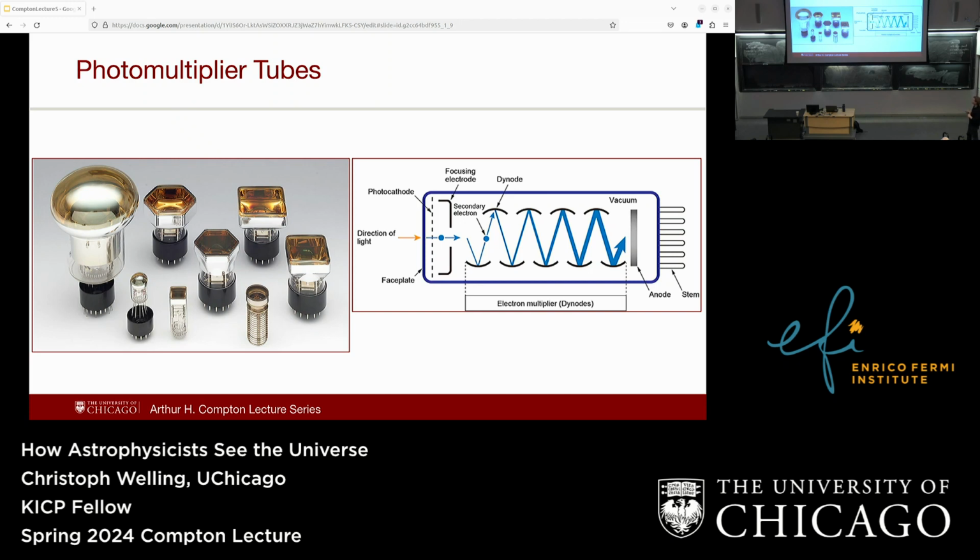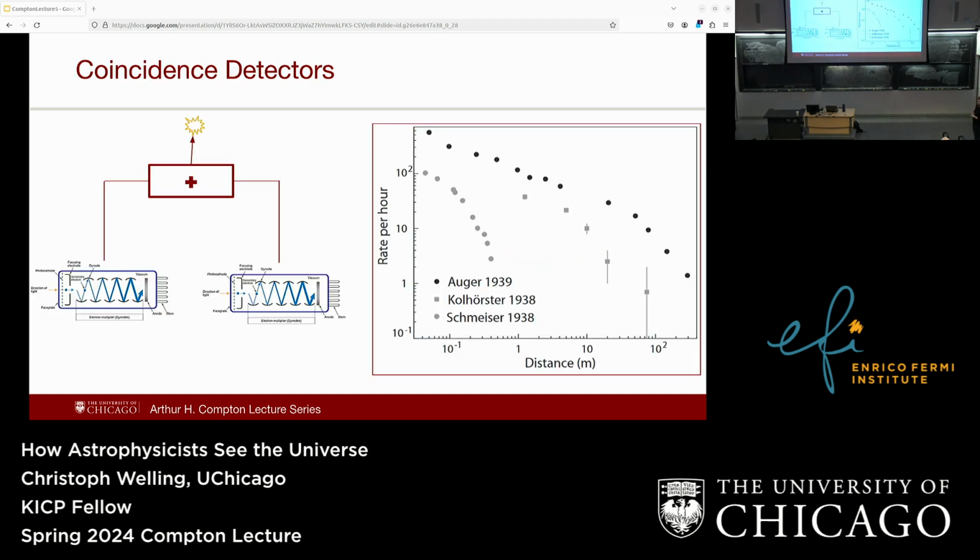But now you don't take only one of these, you take two, and you build what's called a coincidence detector. So you cable them up so that you have two of these photomultipliers, each with a scintillator attached to it, and you wire them up so that you combine the signals from the two of them. And then only if both of them send you a signal within a very short time frame, then you actually send a signal further on. So what you're looking for is whether two of your detectors get triggered, or get hit, at the same time.